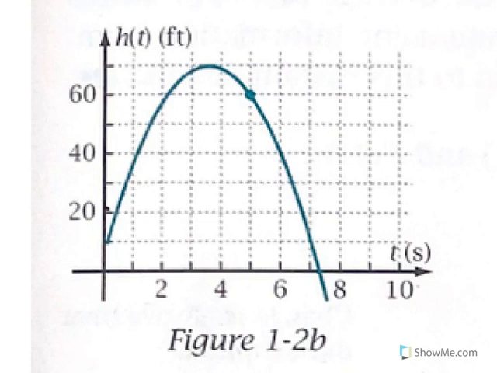Consider this. So we have this point here, which has coordinates 5 for time, and it looks like the height at that time is 60 feet. And let's consider another point that's on the graph, maybe around here. It looks like the time there is 7 seconds, and the height at that time would be about 10 feet. So if you want to find the slope of this secant line,